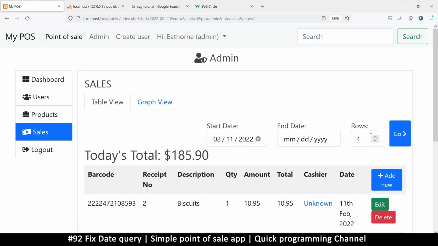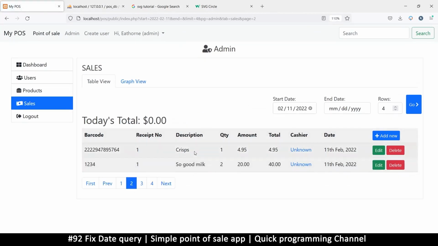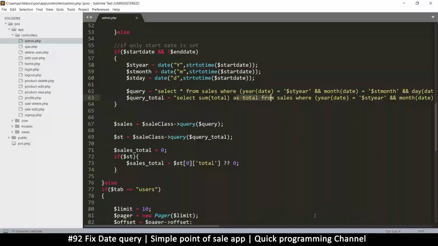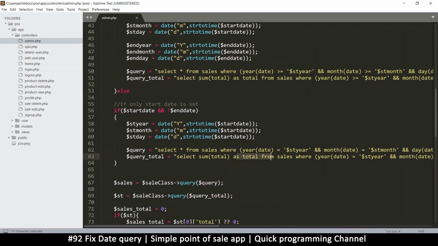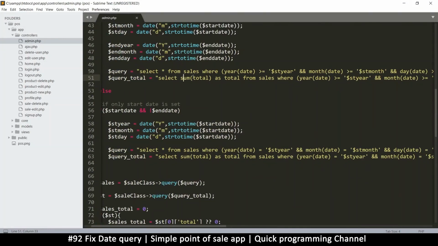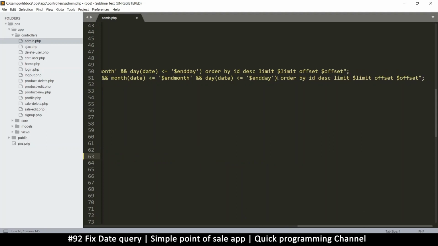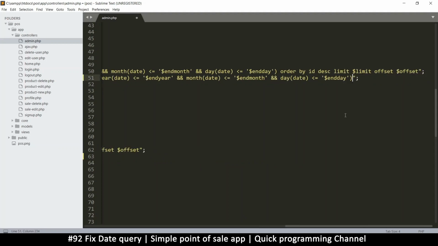This is why if we go to the second page of this, even though we get results here, we don't get a total here because of that offset that is going on. So in order to solve that problem, we just need to remove the limit and offset on both of these, the parts that have the sum, because those things don't really mean what we want them to mean. We don't even need an order by, because there's always going to be just one result. So I'm just going to remove all of that,